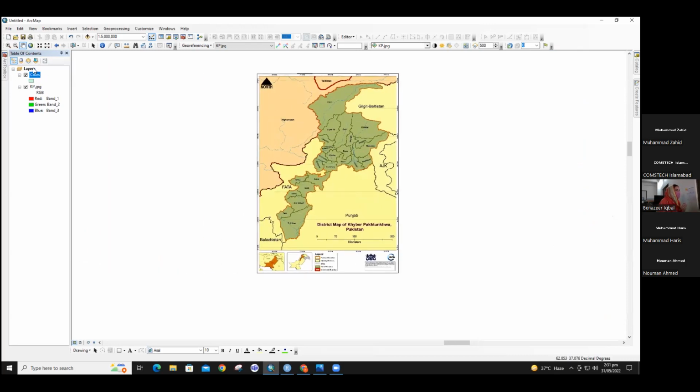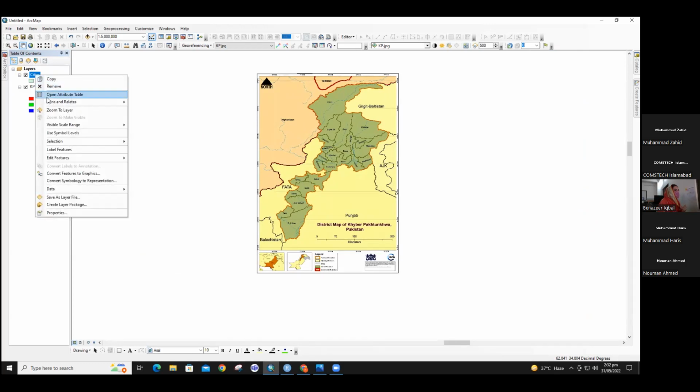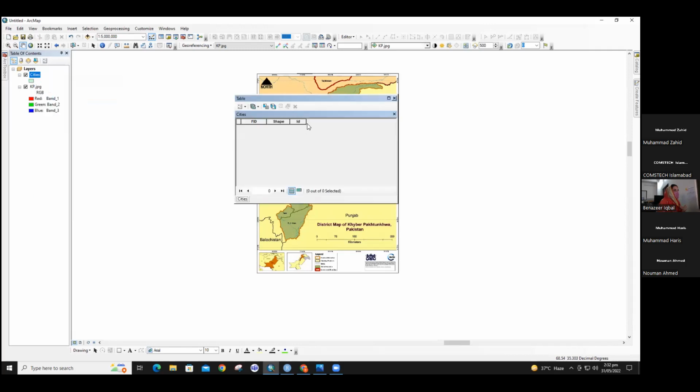you can see a cities map layer is added to the table of contents in our map document. If we right click on cities and open the attribute table, we don't have any option for editing the attribute table of this shapefile. So what we will do,